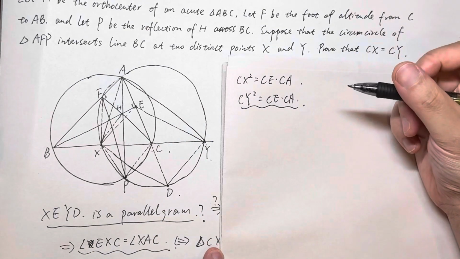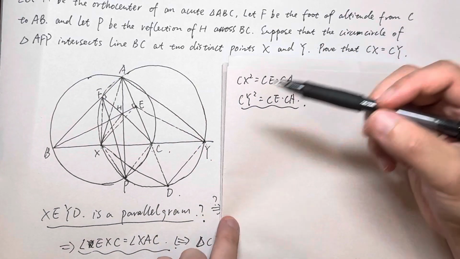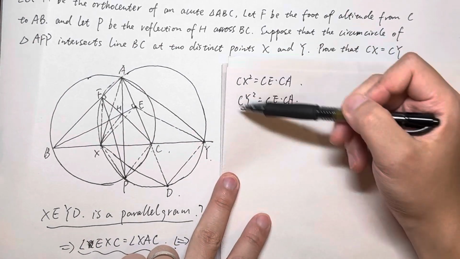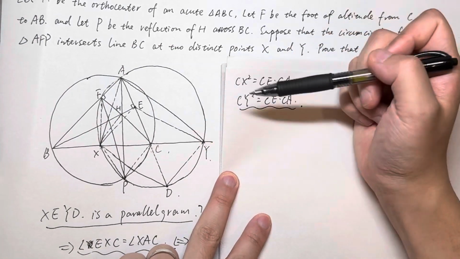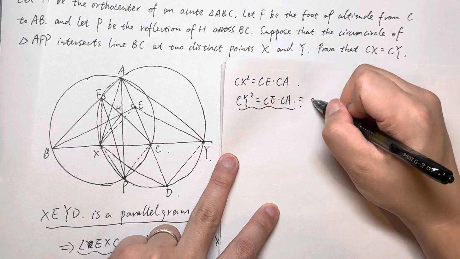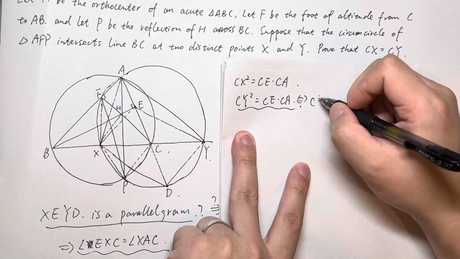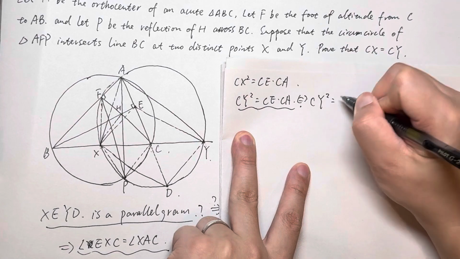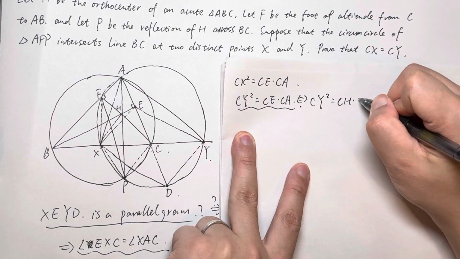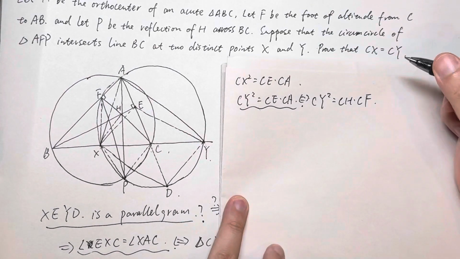We just need to prove this one. And if it is true, that means we just need to prove, right? We just need to prove this one, and it is equivalent to proving that CY squared equals CH times CF,